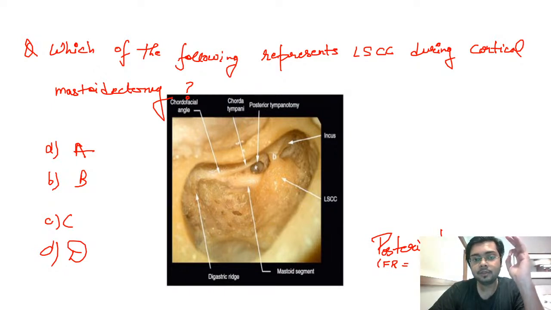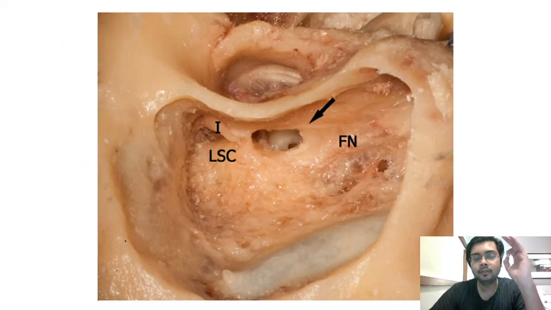Another important MCQ related to this is, what is the boundary in which we drill for the posterior tympanotomy? It is very clear once you see this image. The landmarks or boundaries for posterior tympanotomy: laterally will be the chorda tympani nerve or the tympanic annulus. Medially will be your facial nerve, that is the vertical segment of the facial nerve, and